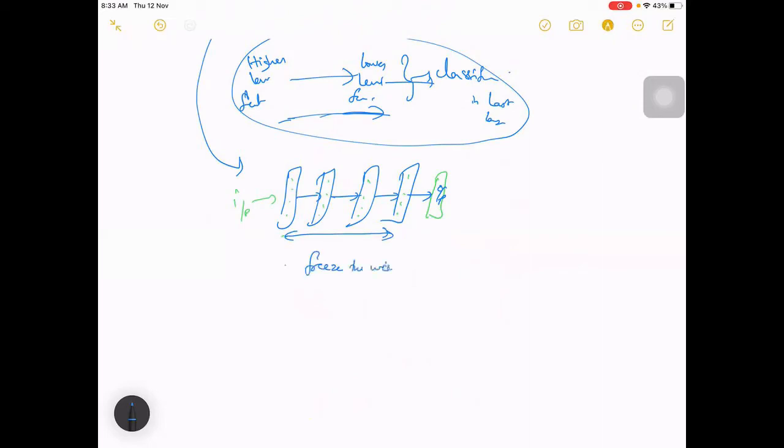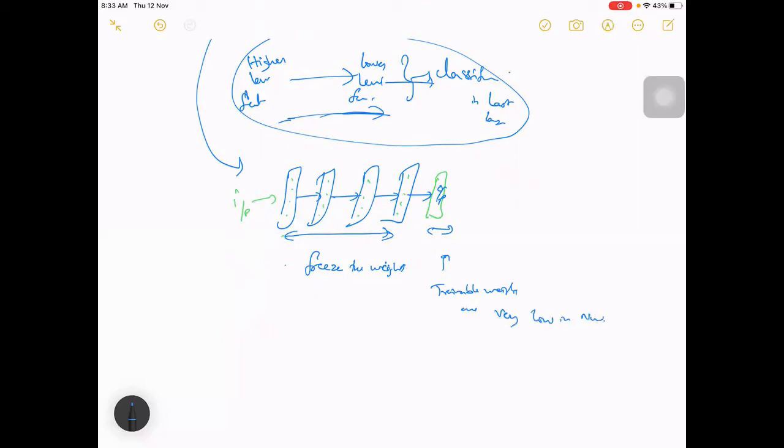It means those won't get changed at all, and only this new part will get changed while training. So your number of trainable parameters is very low, maybe 10, 20, 50, 100, maybe thousands. You can take like 1,000 weights.